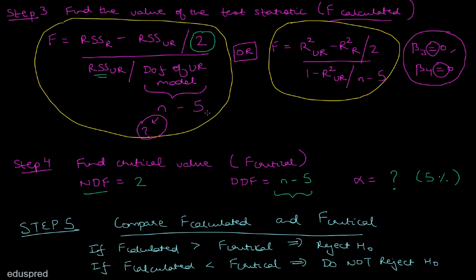So these are the steps involved in testing the joint hypothesis that the variables x3 and x4 have no impact on y. Let's move to the second part of this question. If the estimated value of B1, that is the estimator of beta 1, is 200, it means a 1% increase in income is associated with a 200% increase in per capita consumption of potatoes, everything else kept constant. Is the above interpretation correct?